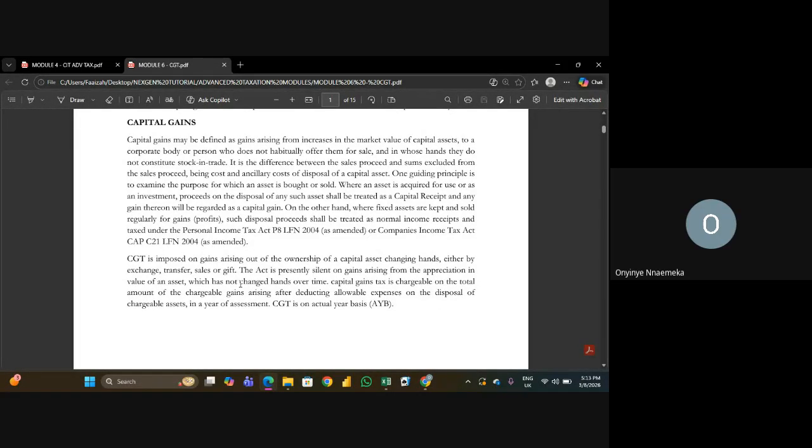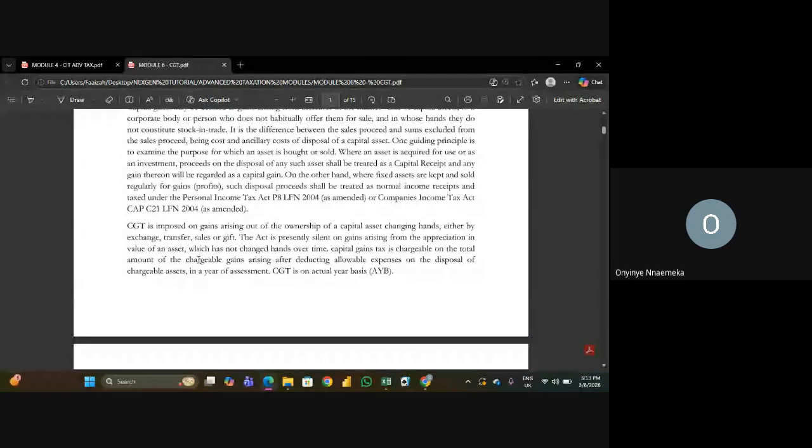I've also explained that. CGT is imposed on gains arising from ownership of a capital asset changing hands either by exchange, by transfer, by sales, or by gifts. The Act is presently silent on gains arising from appreciation in value of an asset which has not changed hands over time. So what this is saying is that, for example, when you buy shares or you buy a car, and the car increases in value, you know that the value of this car has increased, though you have not sold it. The Act is silent on what will happen to that kind of gain,